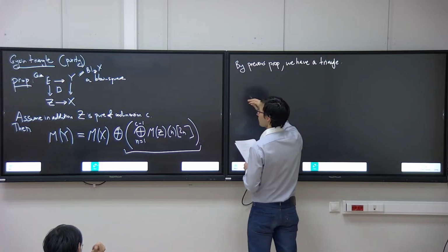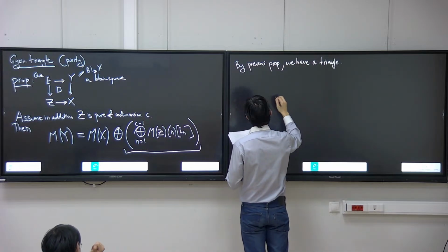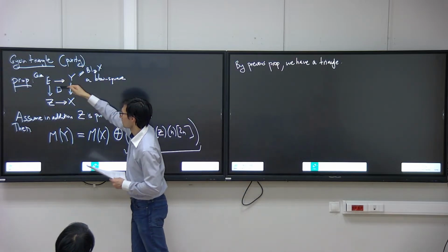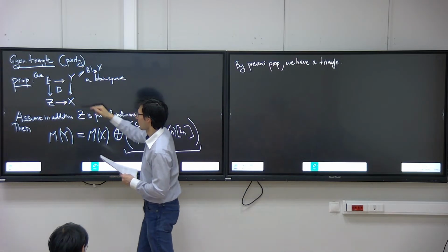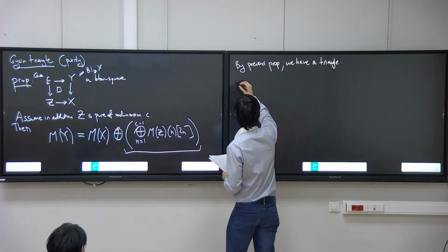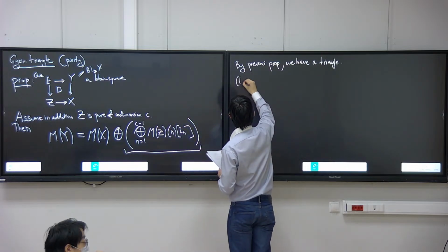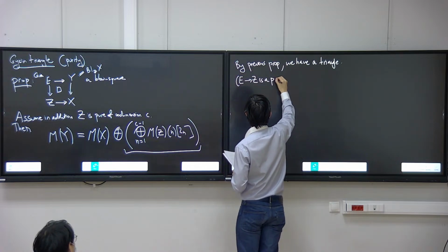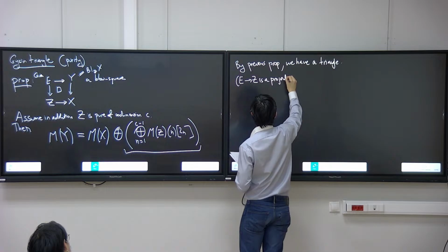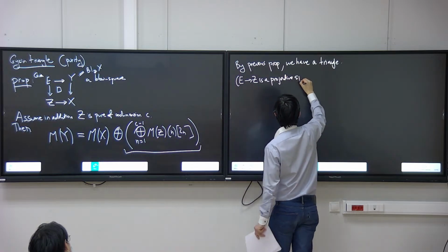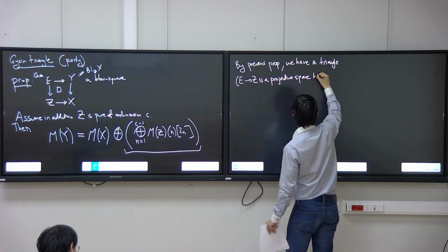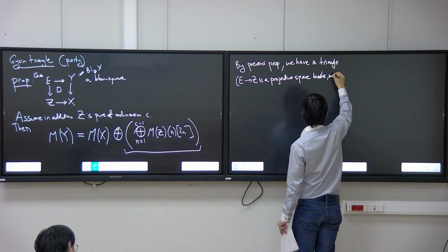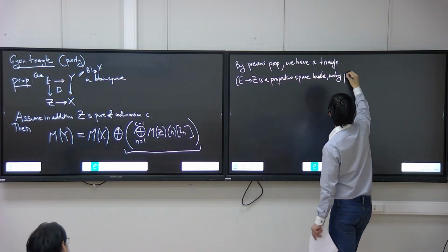So here M of V will be, because M of V is, E to Z is some projective. So E to Z is a projective space bundle. So by projective bundle formula,